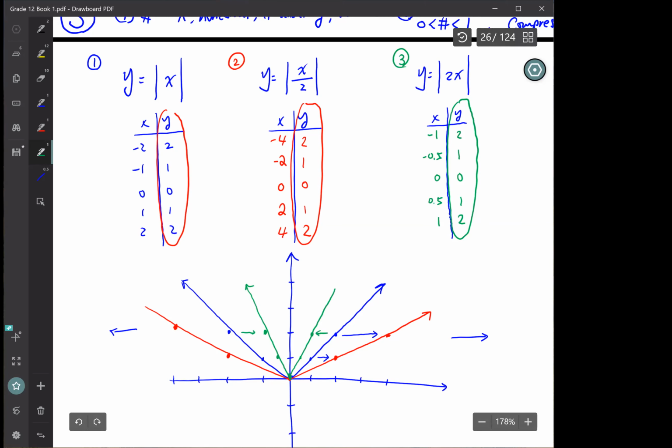Used to be 2, it goes to 1. Used to be 1, it goes to 0.5. So everything is being squeezed from the left side and right side, right? So this one will be horizontally compressed by half, while the middle one, how do we call the middle one,